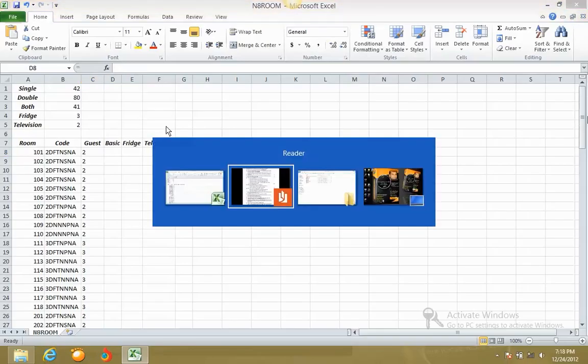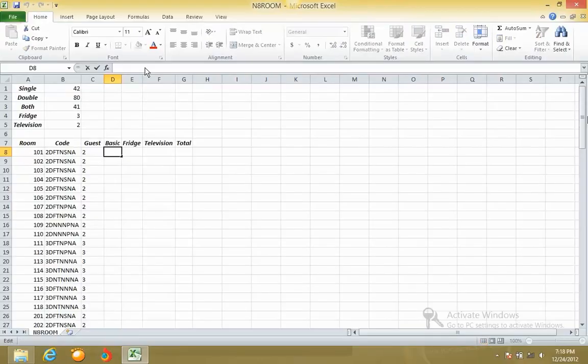So, in the column headed basic, enter a formula that, if the second character of the code is S, multiplies guests by SGL. If the second character of the code is D, multiply guests by DBL. If the second character is B, multiply guests by BTH. If the second character of the code is none of the above, it returns 0. We don't need to do that. So is equal to